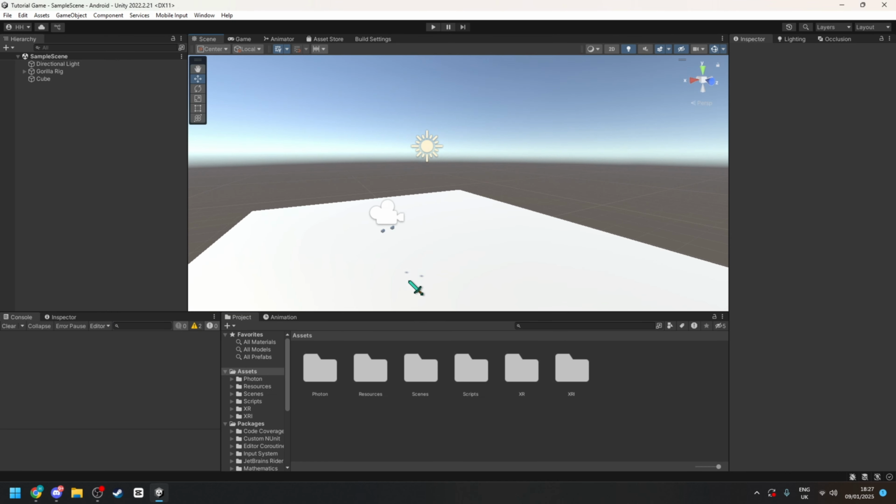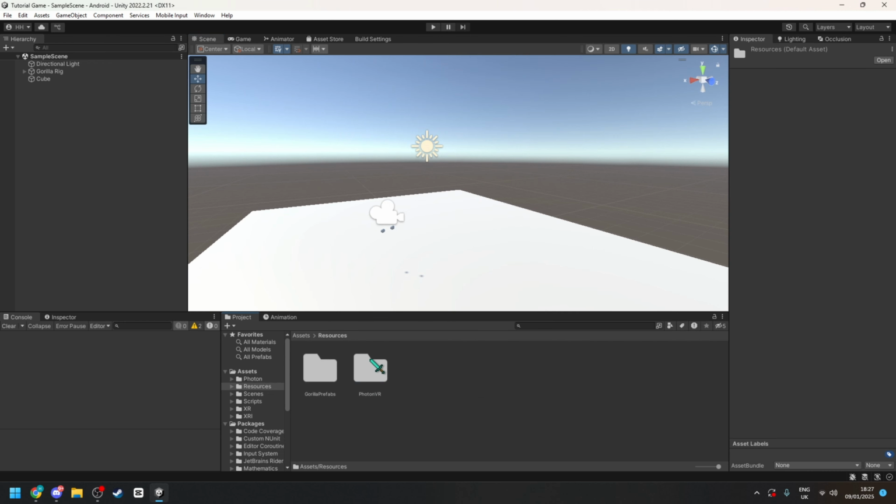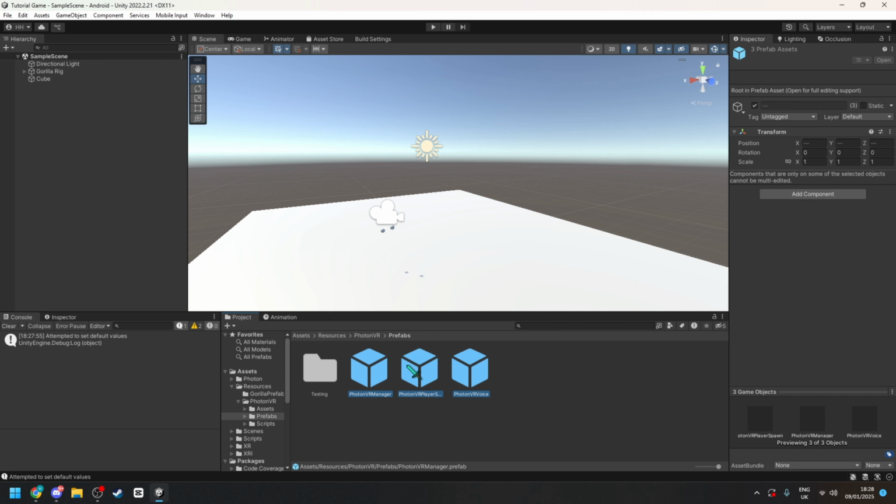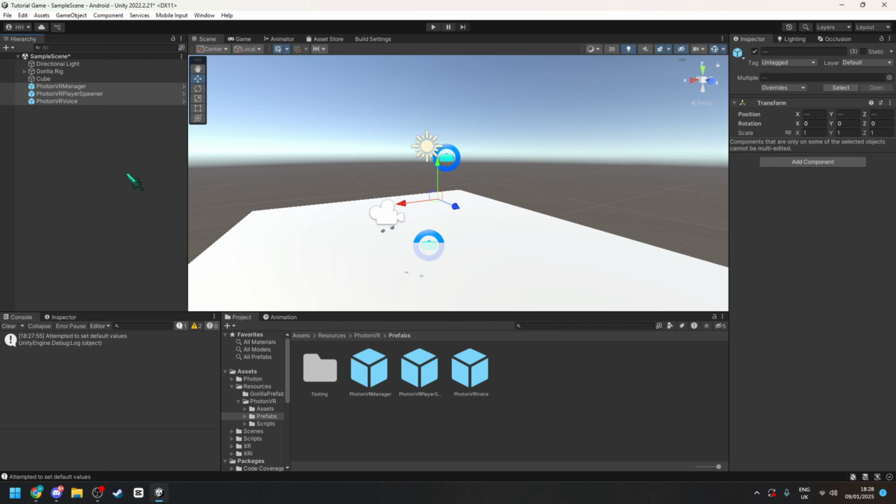And then once you're in here, click on resources, PhotonVR, prefabs. Select all of those by selecting one and then pressing shift and then selecting that one, and then drag into there,